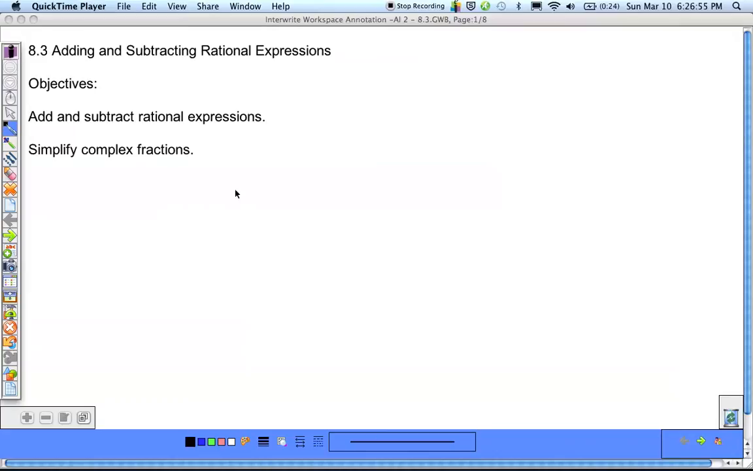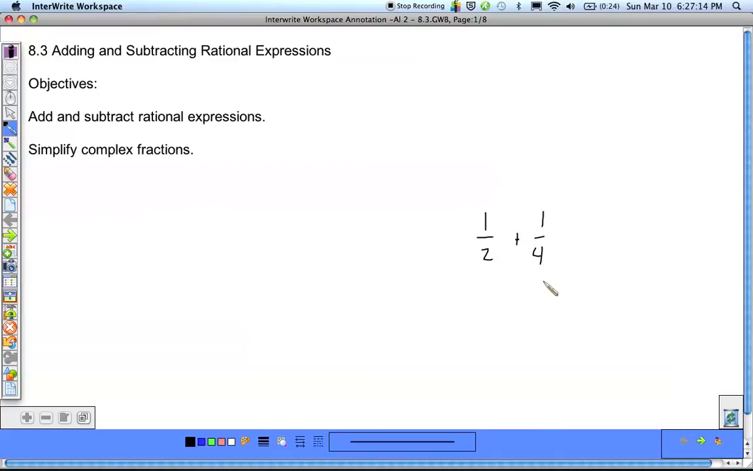Today we're going to take a look at 8.3, adding and subtracting rational expressions. To be able to add or subtract rational expressions, you really just need to know two things. Number one, how to factor, and number two, how to add and subtract fractions. So if we see a fraction like this, 1/2 plus 1/4, and you want to be able to combine these,